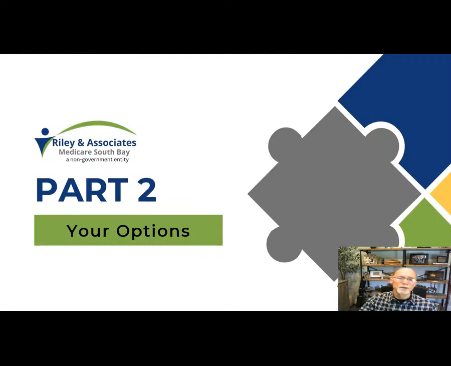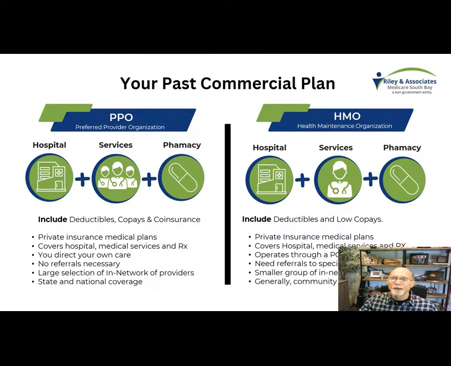We'll take a look at your coverage options, a way to cover those costs. And before we jump into that, I want to go ahead and cover what's called your current coverage. So either you're on a PPO plan now or you're on an HMO plan. Okay, and I want you to understand how they're similar to what you have now when you're looking at original Medicare. So you're either on a PPO or an HMO, either with an individual plan or an employer plan.